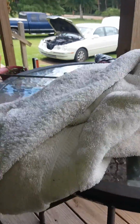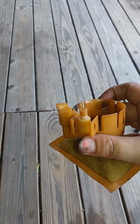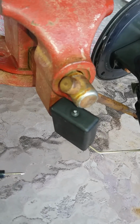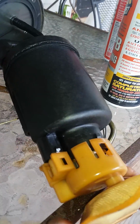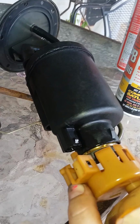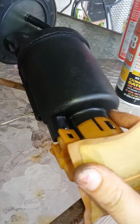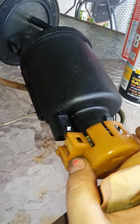But anyways, how I got this off, by the way, was really tricky. I had to use several different flathead screwdrivers to pry it off of these hooks right here. These clamps. So this sits in there like that. This sits in there like this. This little piece goes inside that hole. But I had to put clamps on, very careful not to break it,